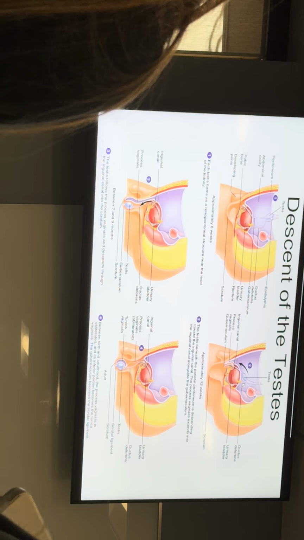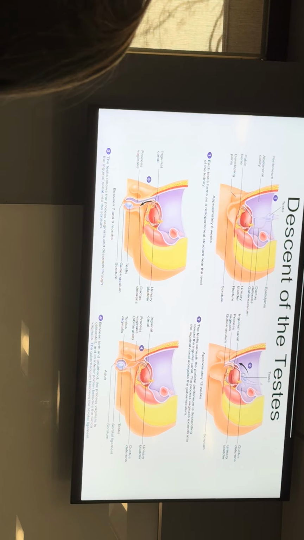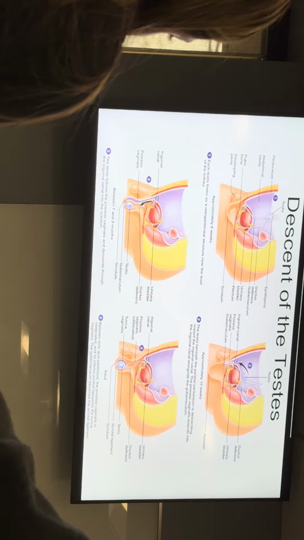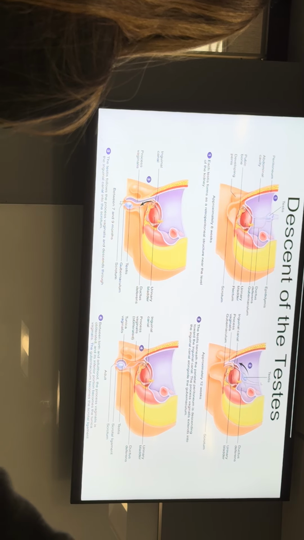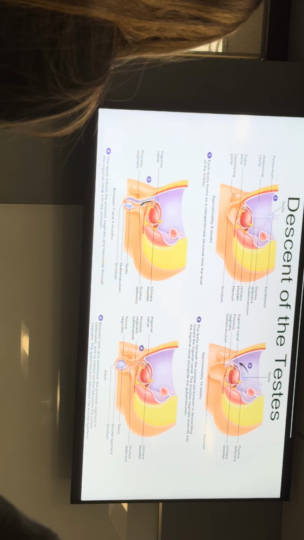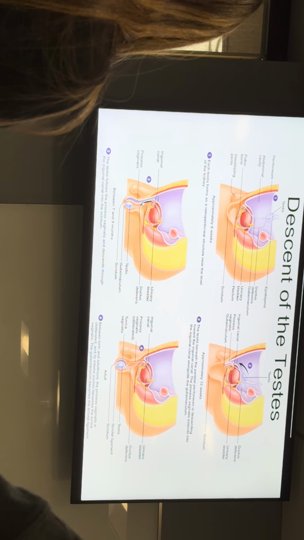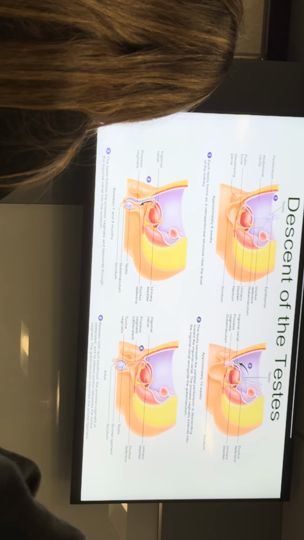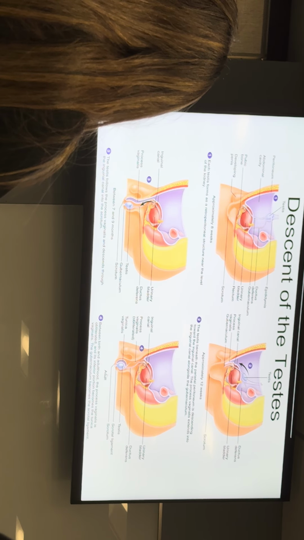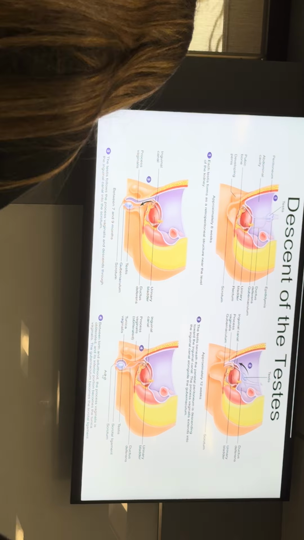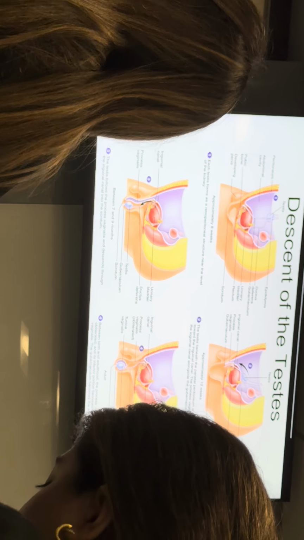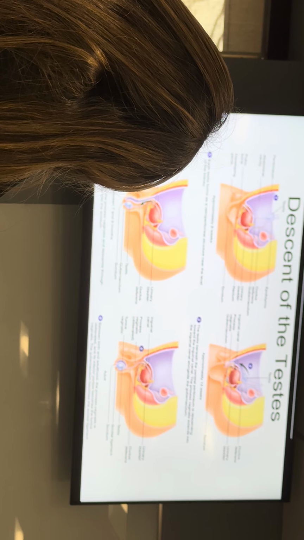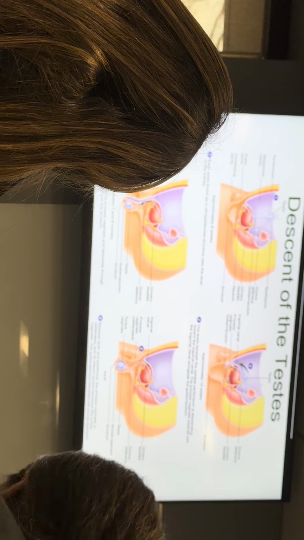Then at 12 weeks, you have developing testicles, and they start to get pulled down by the gubernaculum. When the gubernaculum pulls the testicles down through the inguinal canal, some peritoneum comes along with it. That trapped peritoneum becomes the tunica vaginalis, a little peritoneal sac outside the tunica albuginea, and this tunica vaginalis is the only thing protecting the guy's testicles from physical impact. So really what a guy has to do is use behavior to protect the testicles.